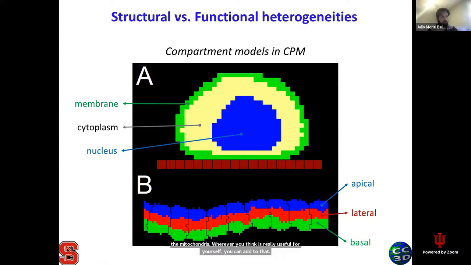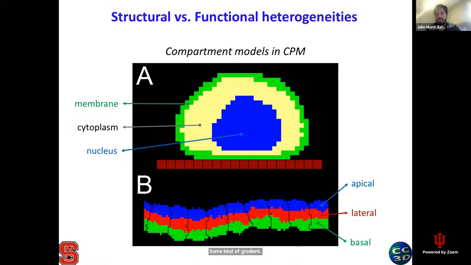Another way that you can do is actually use compartments to model more functional regions of your cell. Maybe, for example, in the case of the apical cells on epithelium, you don't have an apical structure and a basal structure and a lateral structure. What you have is an apical region of the cell that has different properties than the basal region of the cell that has different properties. And then you can play. So in this case, you can make your cells made of three compartments. They do not directly correspond to any physical structure of the cell, but they respond to some kind of gradient or where